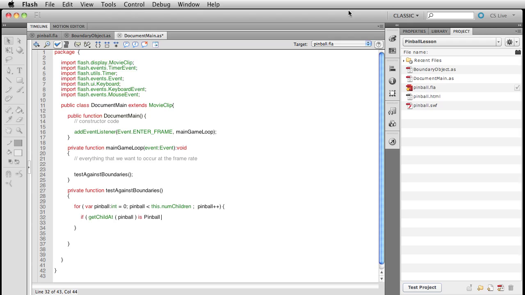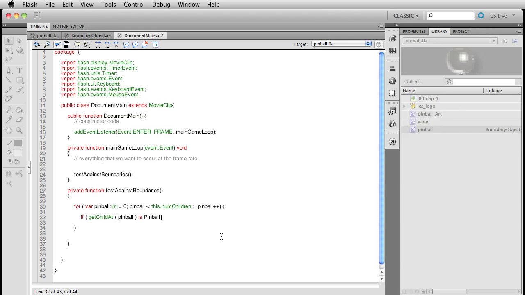For right now, it's actually a boundary object. You can maybe see where I'm going with that, but later on it'll be pinball. But for right now, if getChildAt pinball is a boundary object, then in that case,